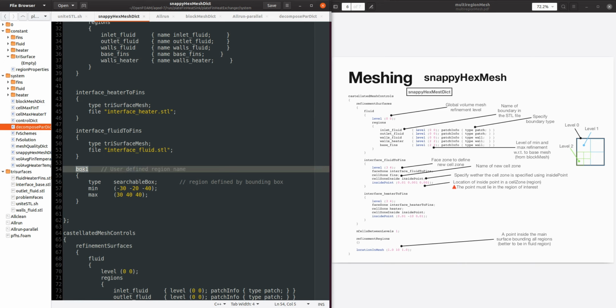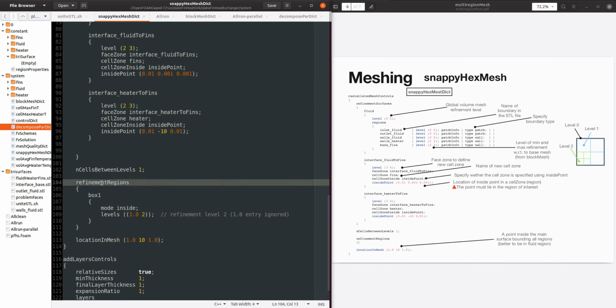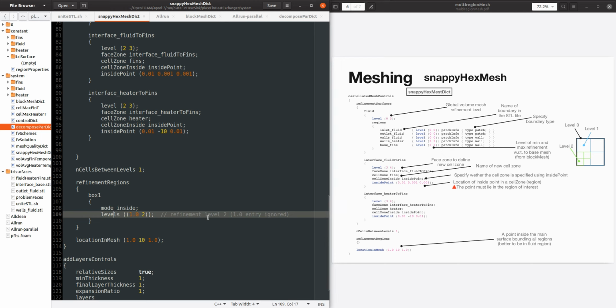So I can set here a box with these minimum and maximum bounds, and then I will go to the refinement regions, and I will specify the box where we want to refine inside the box, and the level that I want in this case is 2. We can mesh again.